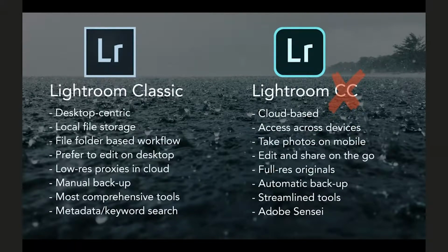So cloud-based Lightroom is the Lightroom that includes Lightroom Mobile on your phone or on your tablet or on your desktop, just like the Lightroom Classic standalone app. Lightroom Cloud-based has a standalone desktop app. It's also accessible on the web, so if you go to lightroom.adobe.com, you can log in with your Adobe credentials and you will get